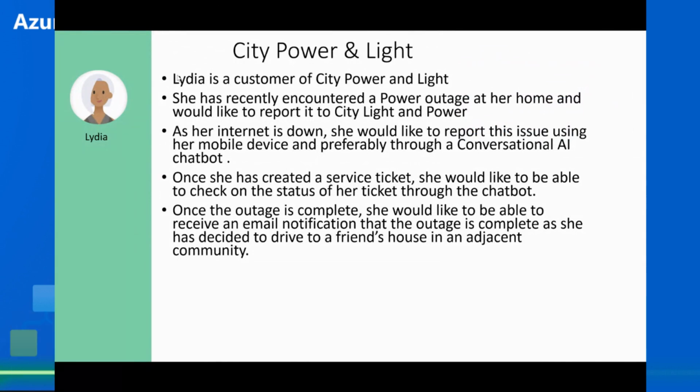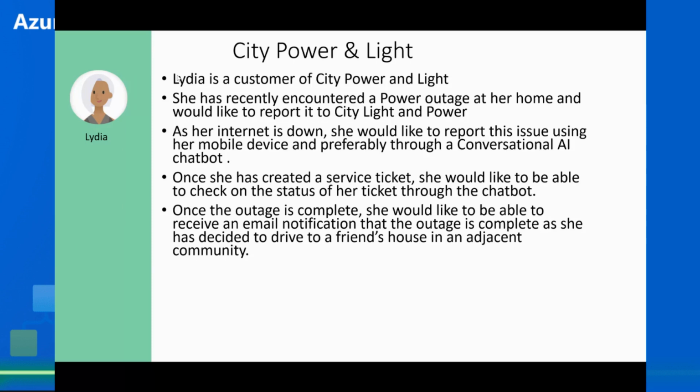And this power utility obviously offers customer service to their customers. And here we've got Lydia, who is a customer of City Power and Light. And so she's encountered a power outage at her home and would like to report it to City Power and Light. Now, as her internet's down, she'd like to report this issue using her mobile device and preferably through a